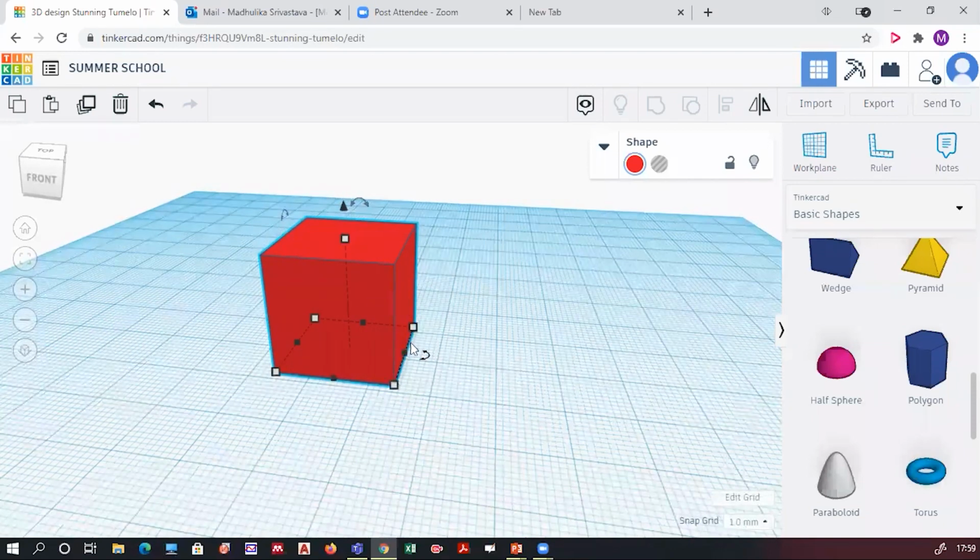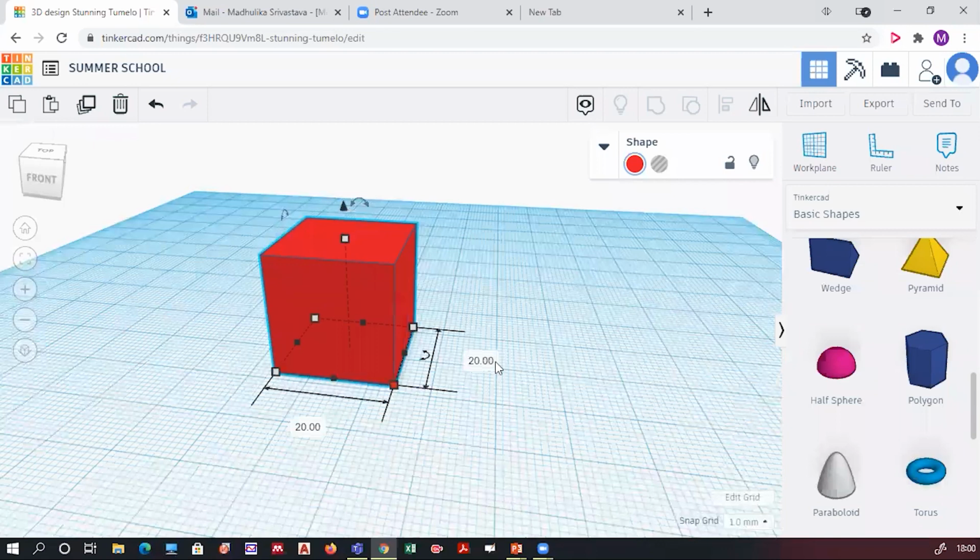When you take your cursor to these white dots, you will see some digits appearing over here, right? That means the size of the object. When you click on that white dot, you will see 20 mm, 20 mm written over here.